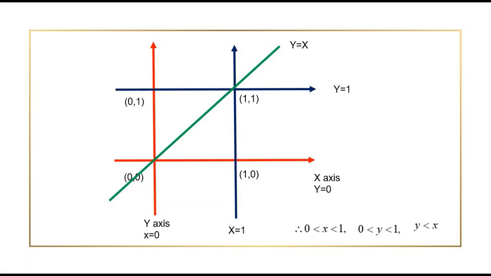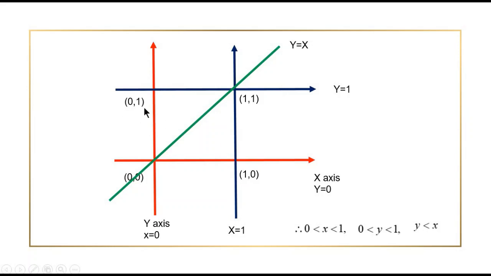Okay, so to check this, I am going to take any of the points from those regions, below the line or above the line. I am going to take the point which is above the line, that is (0, 1). Either you can take (0, 1) or (1, 0). I am going to take (0, 1) and check whether it is satisfying this inequality or not.